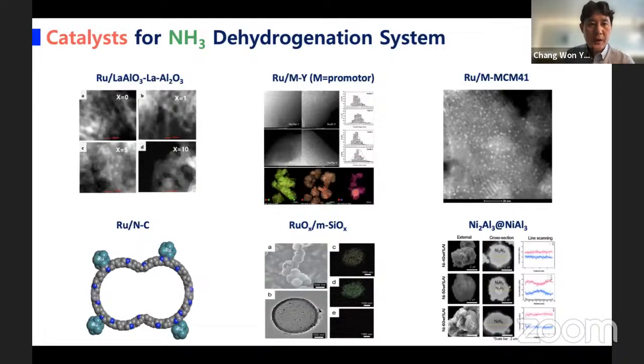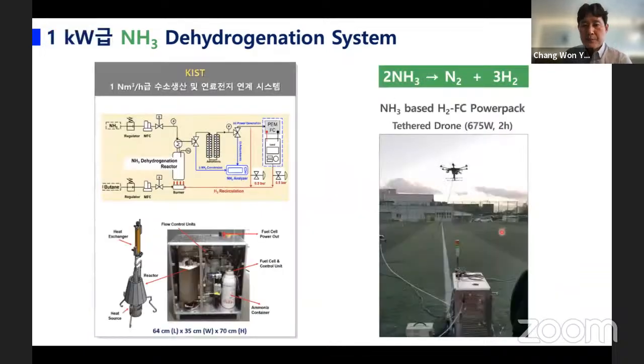Mostly the active site is ruthenium, and we varied the support: lanthanum-doped alumina, some sort of zeolite species, nitrogen-doped carbon, and silica-based material. This kind of thing. And we conducted technology transfer based on this catalyst to a company,